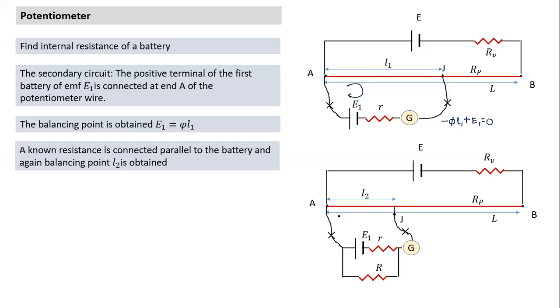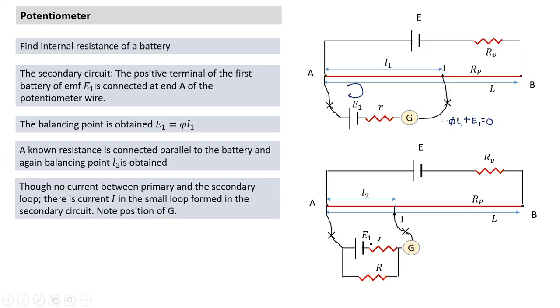So again, when it becomes balanced, from A, J, and this point forms a small loop. In the previous case, there was no current flowing in this part. Now, will any current flow in this part? Yes, sir. There are three loops now. There is a primary circuit here. There is this part here, no current here, no current here. But this also forms a small loop in the secondary circuit. And since it is forming a loop, the current here and here are zero, but current can flow in the small loop formed in the secondary circuit.